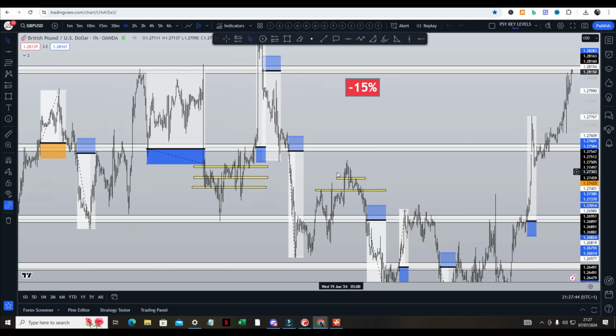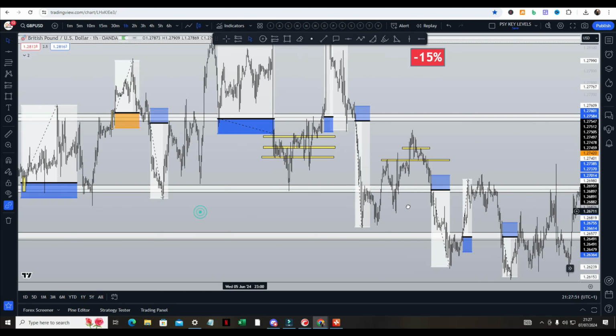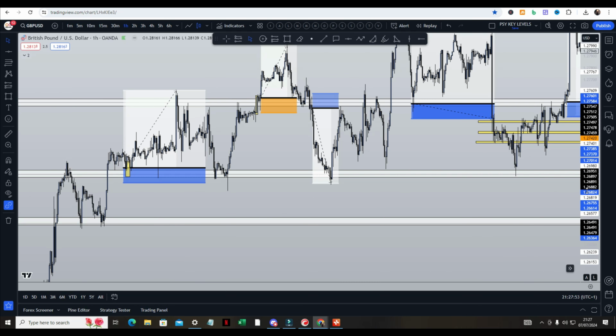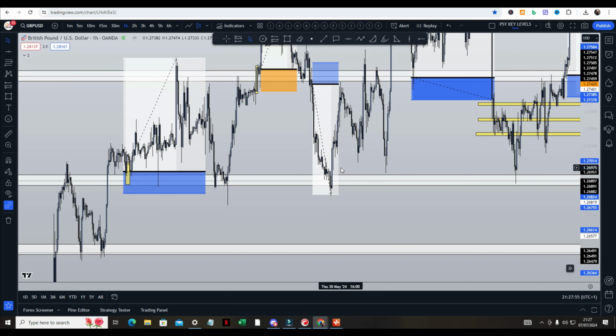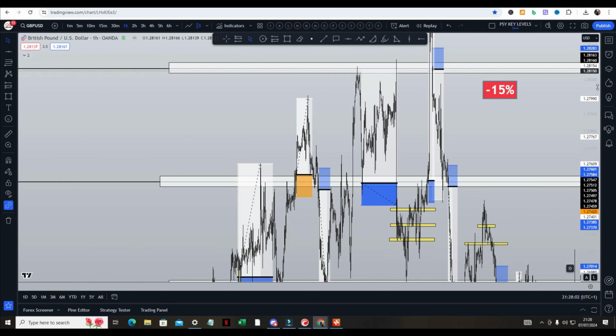So how do you not be part of the 9%? You gotta take entries in a different way. You gotta draw your zones in a different way. You gotta mark your stop loss and TPs in a different way. You gotta do everything different. And I'll give you one way that I do it.